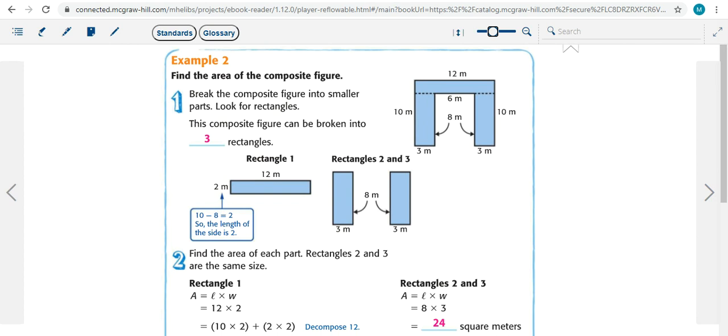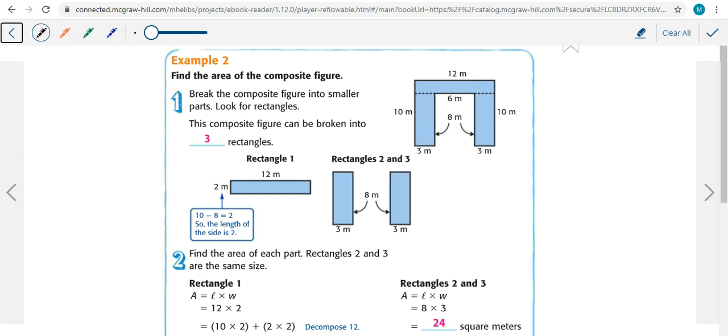Next page. Example number 2. Find the area of the composite figure. As you can see, there are 3 figures that make this composite figure. They already separated for you which are the 3 figures. This composite figure can be broken into 3 rectangles, right? Now, one rectangle,